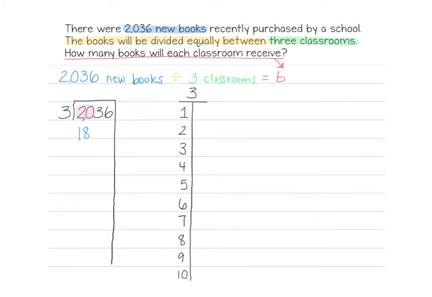So 18 divided by 3 is what? 18 divided by 3 is 6. That's why we have them right next to each other. So 6 is part of our answer. We say, oh, 6. We're talking about